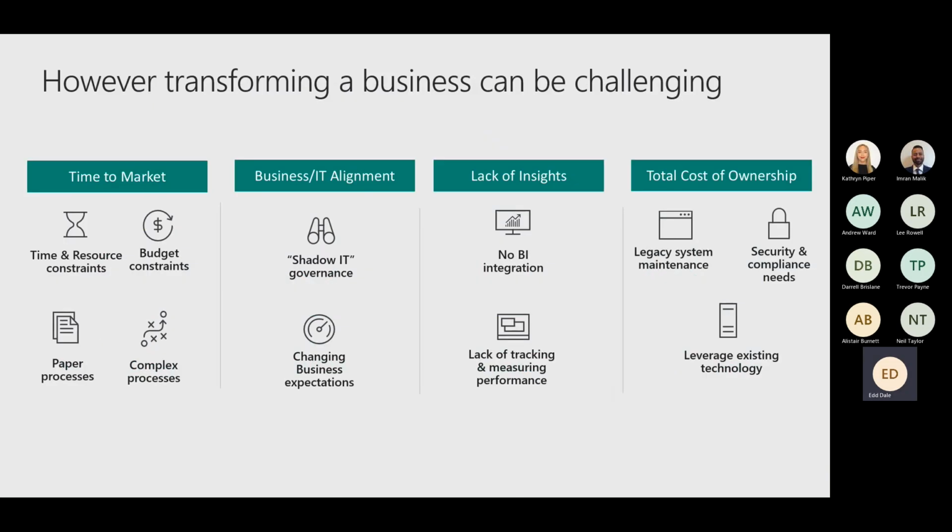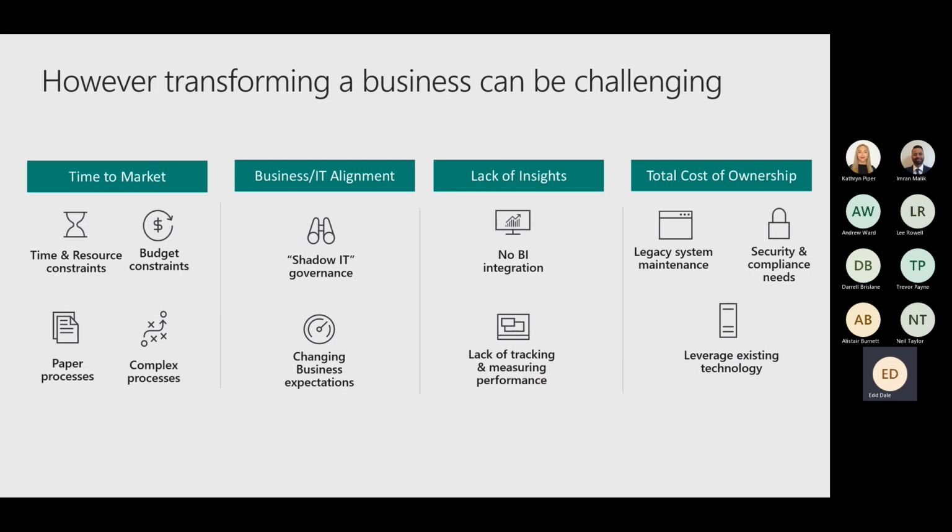Now, when we talk to our customers about these issues more deeply, we start to identify some of the perceived challenges that prevent them from making good steps forward, whether it be budget constraints, complex or paper-based processes, or changing business expectations.